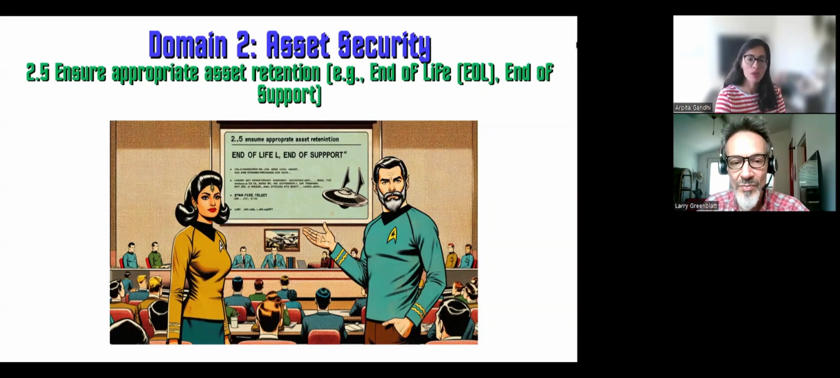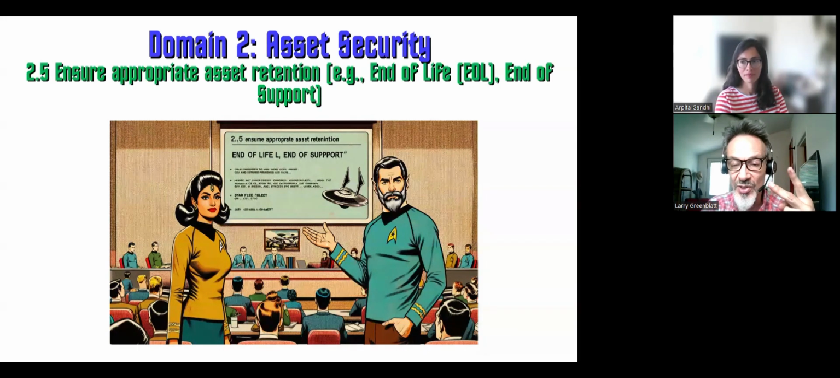2.5 is ensure appropriate asset retention. That is end of life, end of support policy. Yeah, but something you might not plan for, but you didn't make your computers, right? And what if, or the software, the application. So be prepared. A CISSP should be well versed in ensuring appropriate asset retention. They must understand the importance of managing the assets throughout their entire life cycles. We keep hammering that in, and that includes